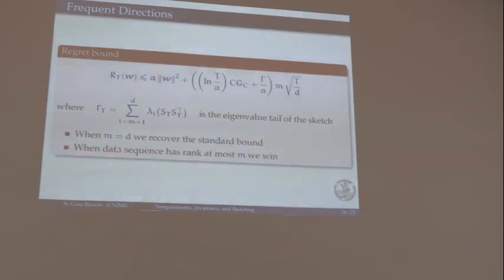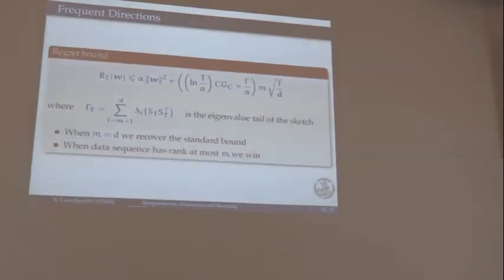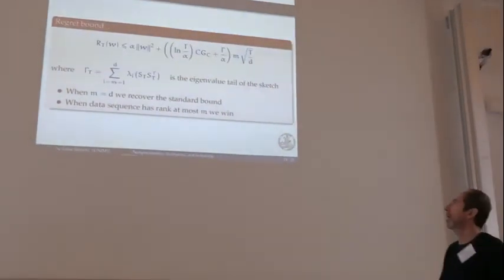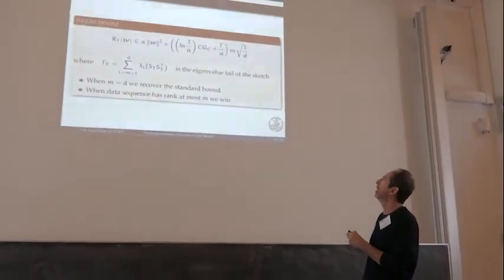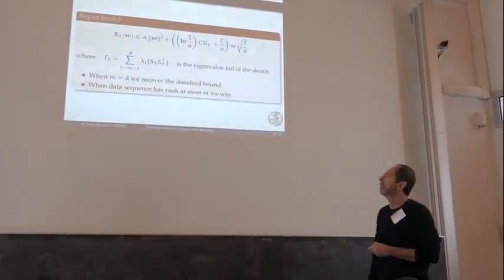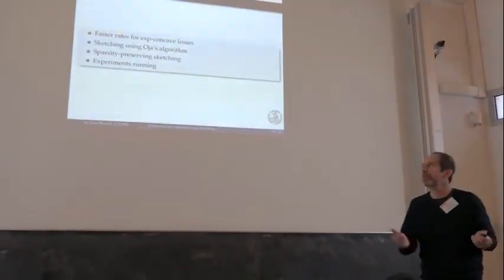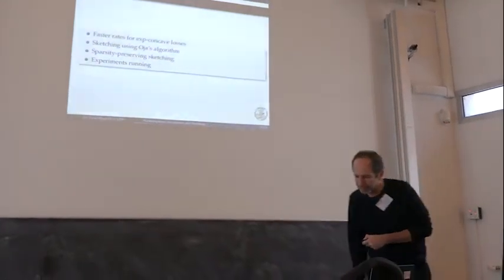And when the data sequence, when you hit the right time parameter, has a rank which is at most M, which is much smaller than D, then you win here. So you actually get a better bound with a better approximation because you have D at the bottom and M is smaller than D. So this is nice, and we have additional results that have to do